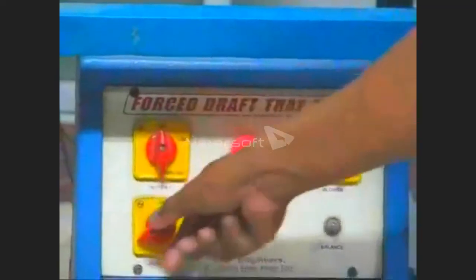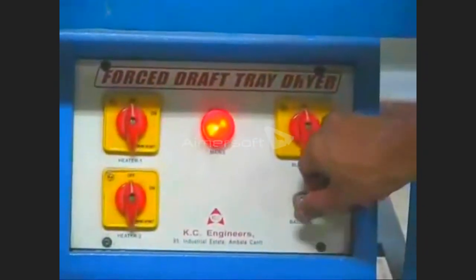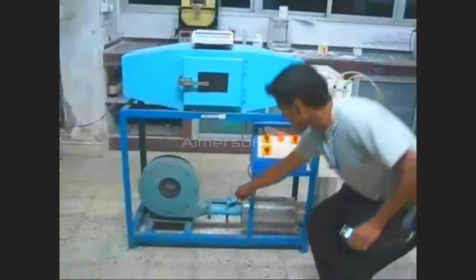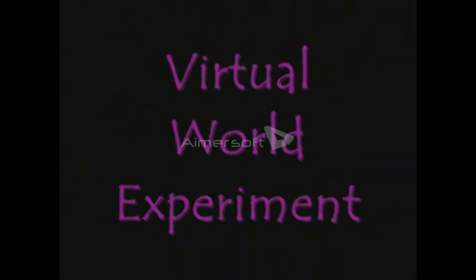Now we off the blower and the heater after finishing the entire drying and bring the valve to its initial position. Now next we have the virtual experiment.